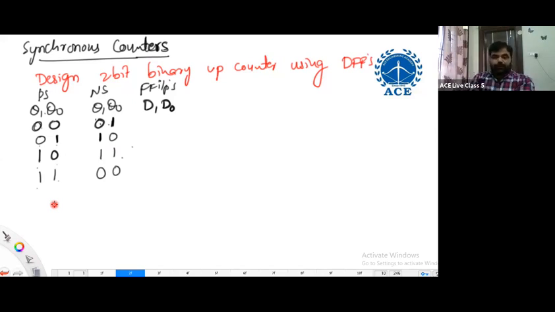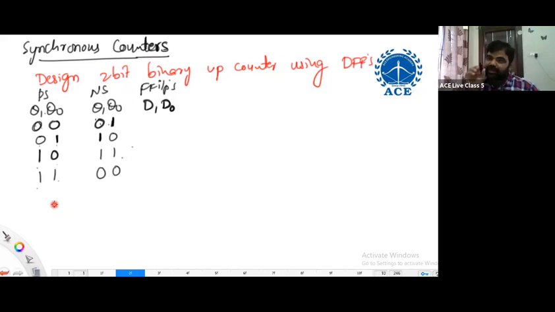Based on the present state, what inputs can I apply? That we call excitation, because we know what is available before the clock edge and what we are expecting after it. When we know present and next, Q of n and Q of n plus 1,